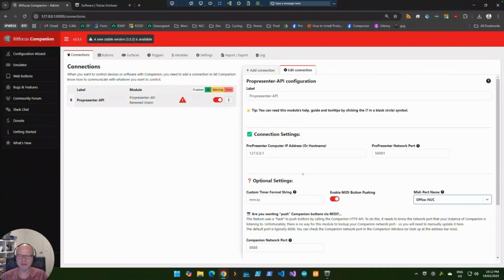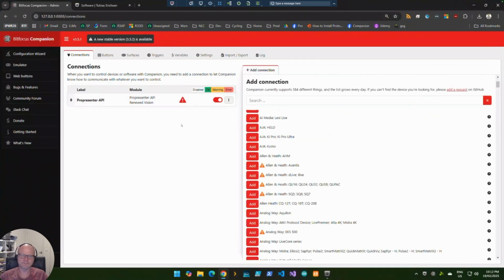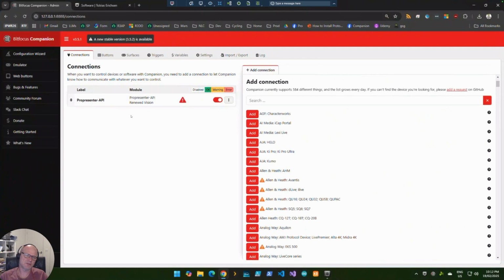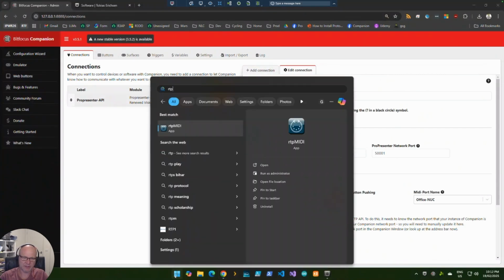So let's listen to that. And I might configure this. No, that's fine. I don't know if I need to configure the ProPresenter API module. We'll come back to that. I've just quit ProPresenter on this computer, which has caused the module to be upset because it's not running. But I think the MIDI button pushing will still work. We're about to find out live. Okay, so now Companion's listening to this network session that we've created with RTP MIDI